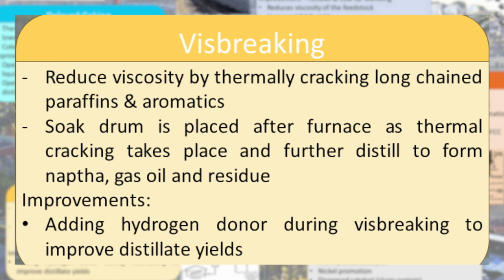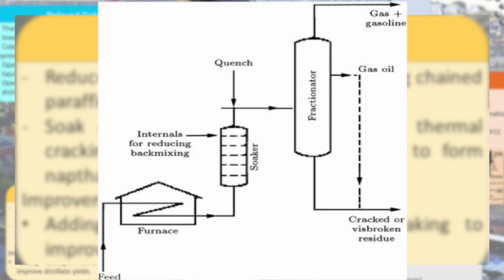The reactions occurring in the process include cracking of long-chain paraffin and aromatics into light hydrocarbons. So let's move to the process flow diagram. Visbreaker feed is pumped through preheat exchangers before entering the furnace, where the residue is heated to the required